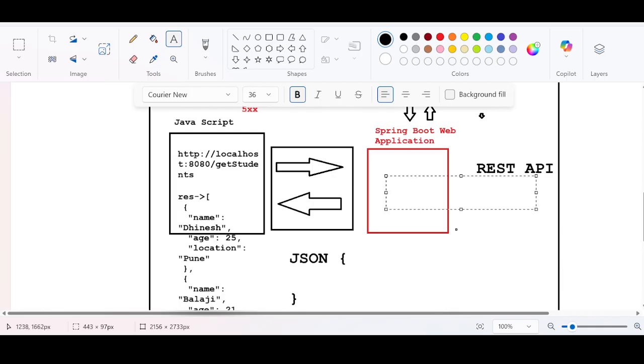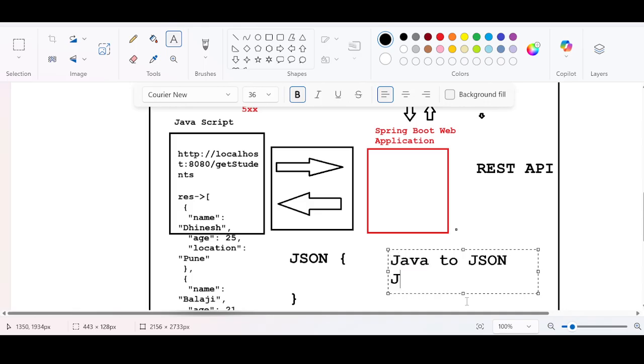Okay, Java objects are converted to JSON. JSON is converted to Java. This is for a Java application. With respect to a Java application, you consume the JSON and convert it to a Java object, and you do manipulation, and you give the Java object that will be converted to a JSON object. So these conversions that I am talking about, Java to JSON and JSON to Java,